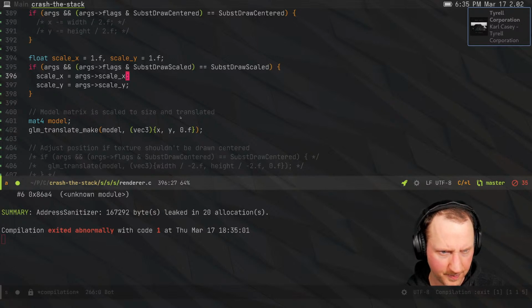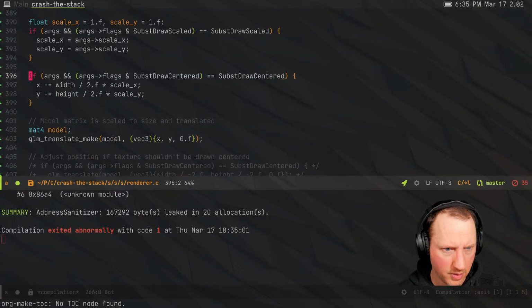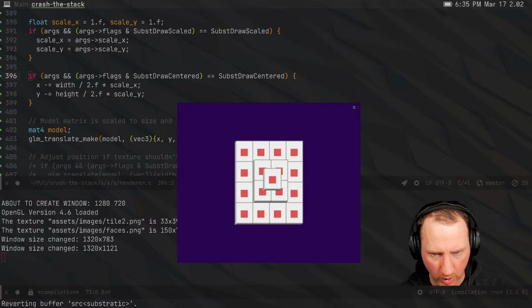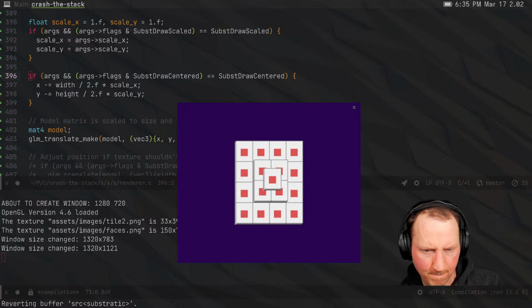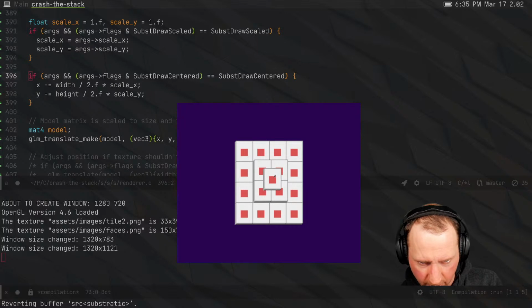How about this? This doesn't seem like it would be right. Scale X, scale Y. We would have to put this after this one. Okay, well, that worked. A little bit unsettling, but I can live with it for now. All right, so now that we've got that figured out, it's a little bit off. I feel like it's 1 pixel shifted down. I don't like that, but